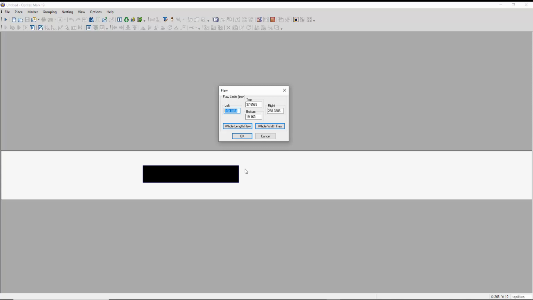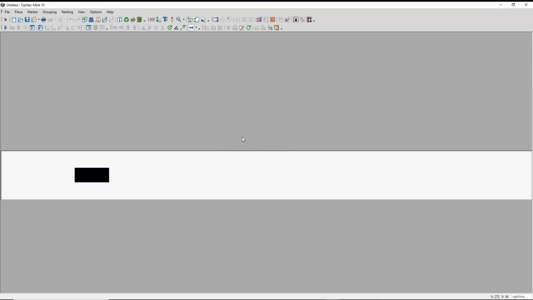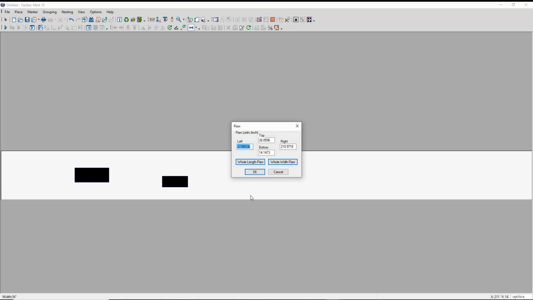Let's say the left boundary is at 83.5 inches, and the right boundary is going to be at 122 inches. And then again, for the top and bottom, the top is going to be, let's say, 35, and the bottom is going to be 19.5. So you can type it in and do it that way. You hit OK. Or when we create a flaw, we can say the whole length or the whole width